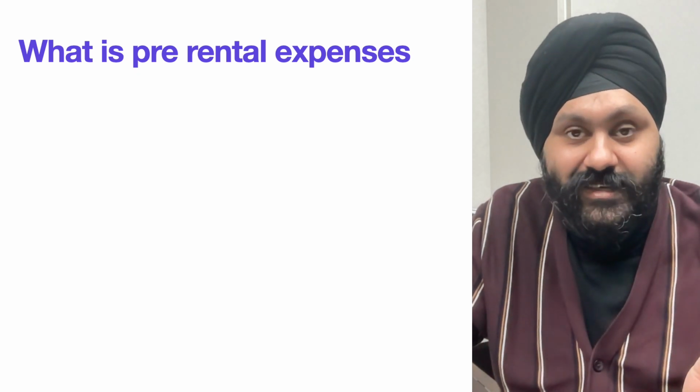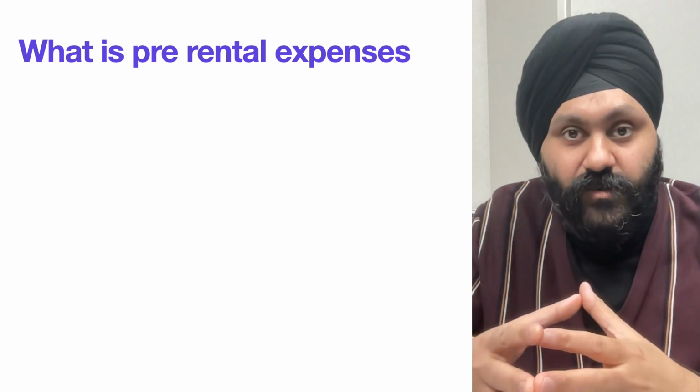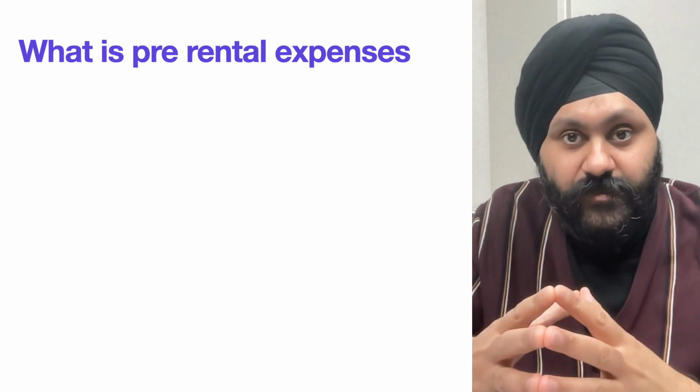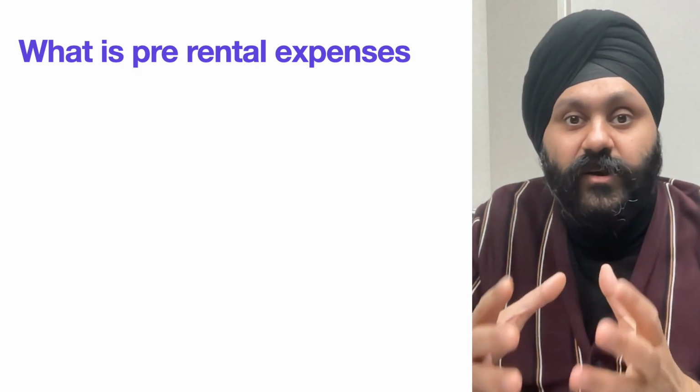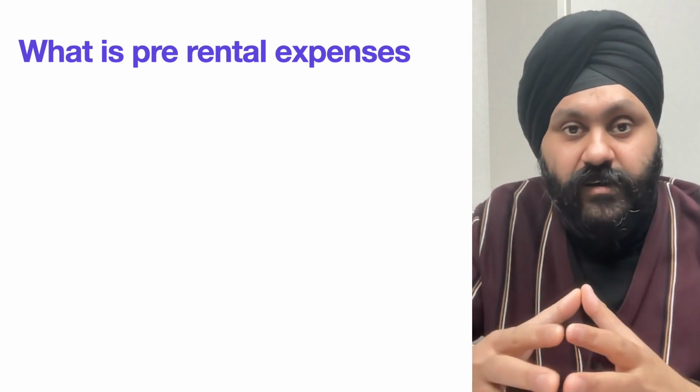What are pre-rental expenses? Any expenses you incurred before the property is let out are called pre-rental expenses, and those expenses are also an allowable expense. For example,